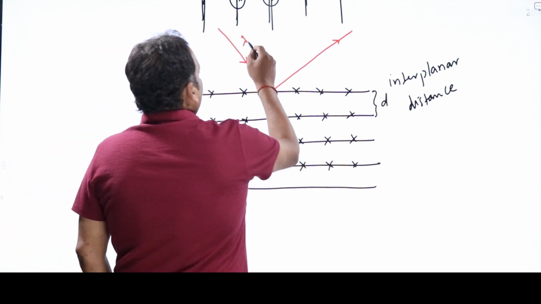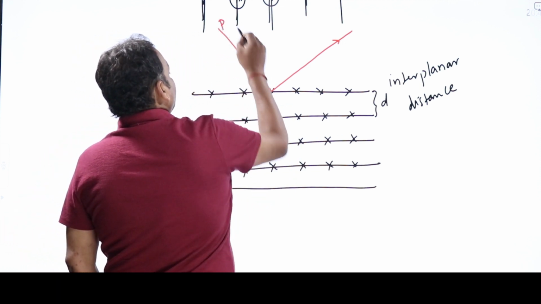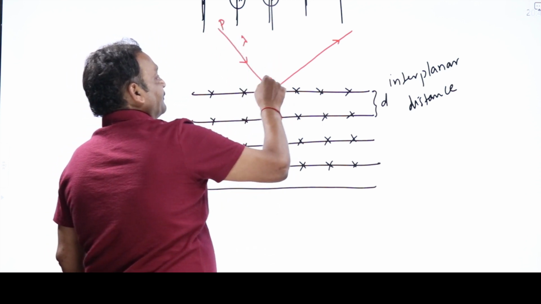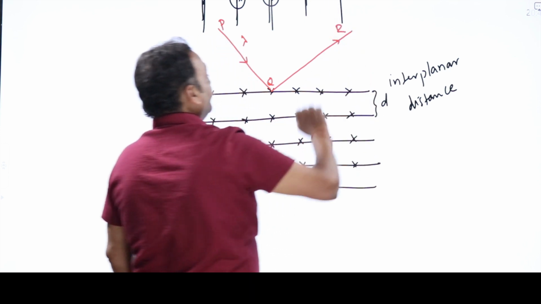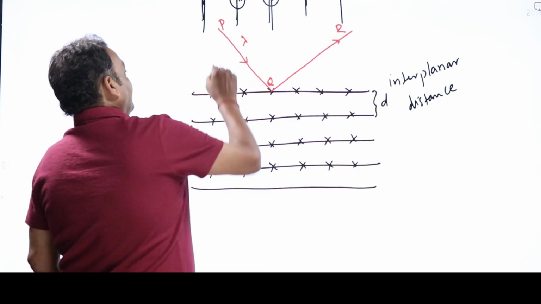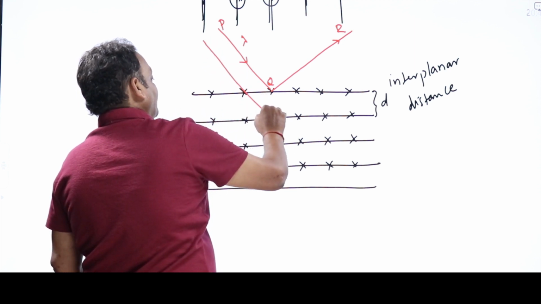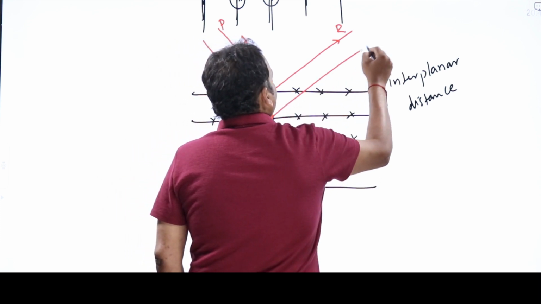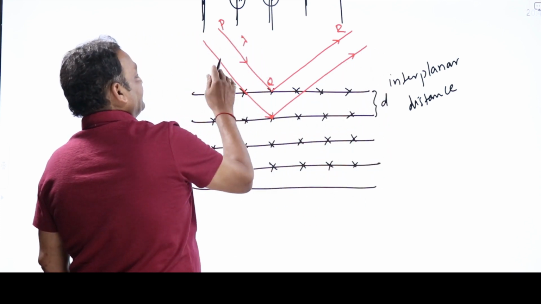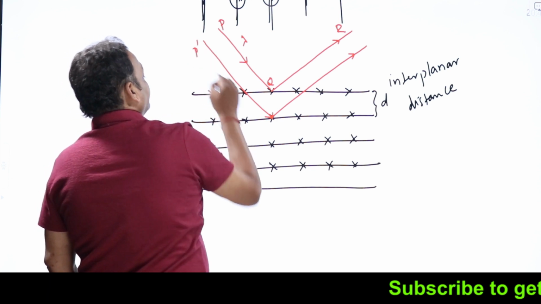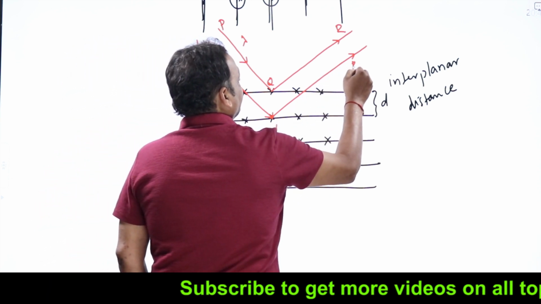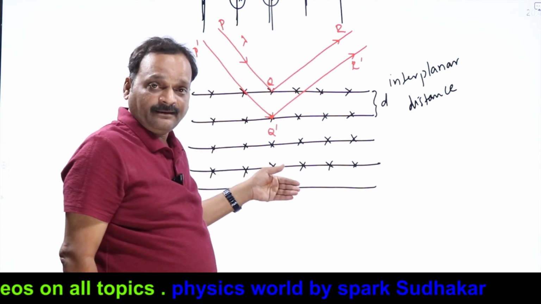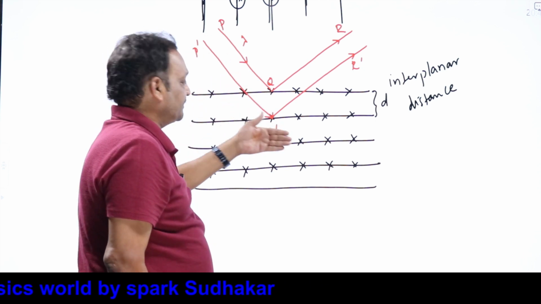So this is a monochromatic X-ray beam of wavelength lambda. I will call this incident ray PQ. This Q is one atom. The incident ray PQ comes, falls, gets diffracted and goes as QR. Another ray in the beam gets diffracted or reflected from another atom in some other atomic plane, like this. I'll call this the second beam. It's also the same wavelength lambda. I'll call this P dash, this atom Q dash, and this R dash. So PQR and P dash, Q dash, R dash are two X-ray beams which got diffracted from successive parallel